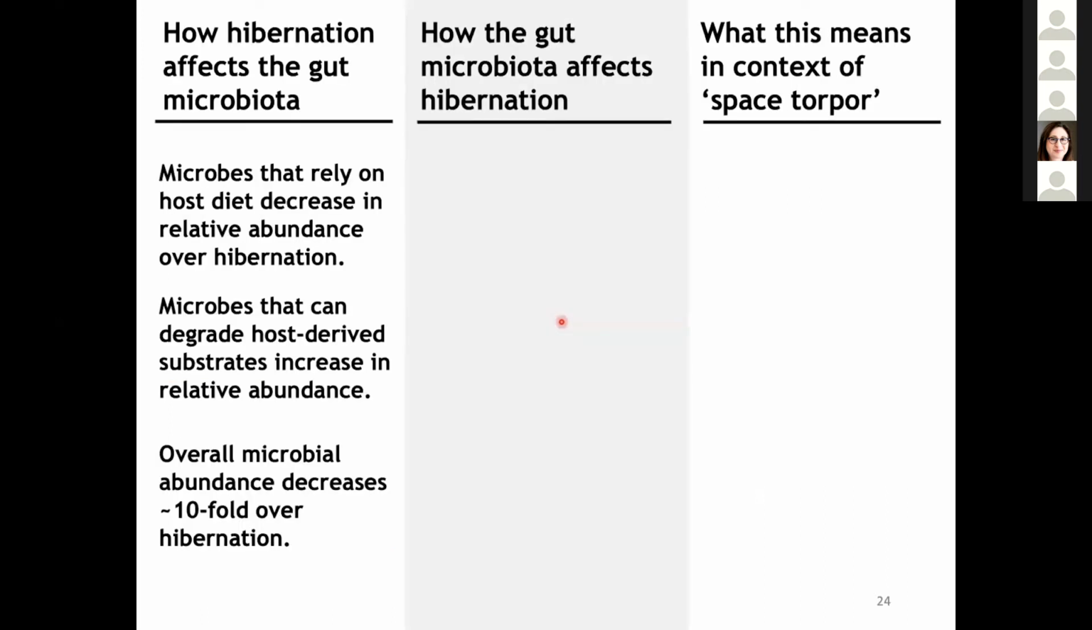So to summarize this part of the talk, in fasting mammals and fasting hibernating mammals, generally speaking, gut microbes that rely predominantly on the host diet decrease in relative abundance throughout hibernation, whereas those that can degrade host-derived substrates such as mucin proteins increase in relative abundance over hibernation. And overall, we see about a 10-fold reduction in the overall abundance of gut microbes by late winter or late